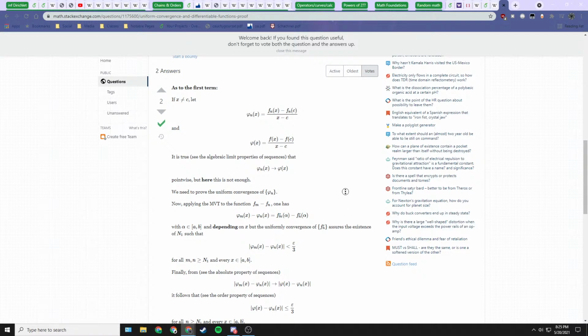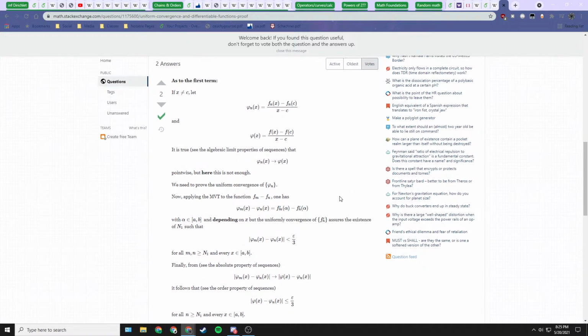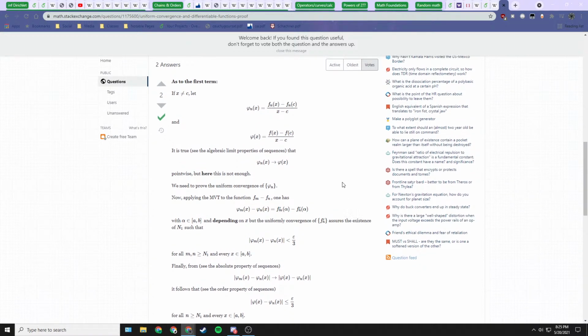Another thing we could do, instead of using the mean value theorem, which is useless to us, is say we actually just want to show that these difference quotients converge to